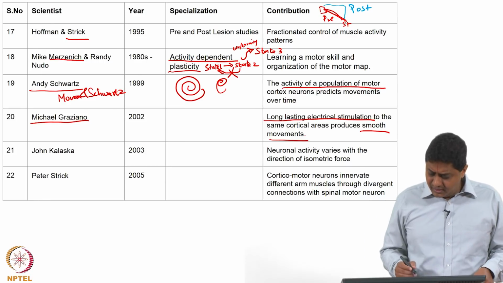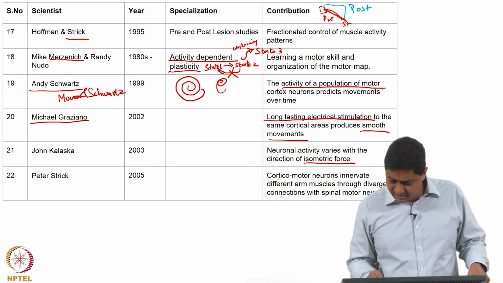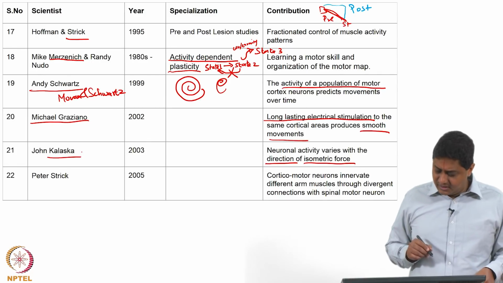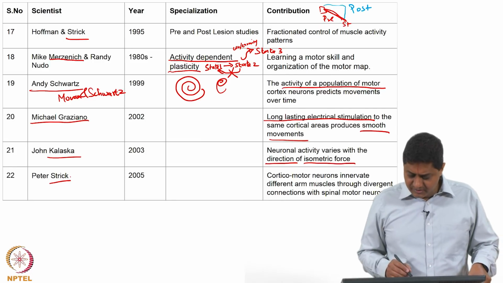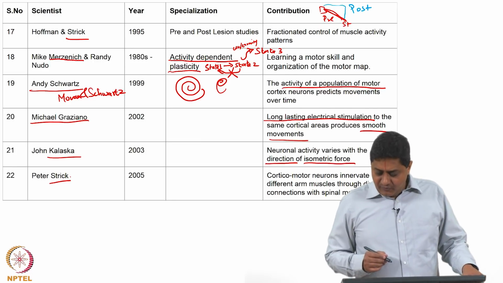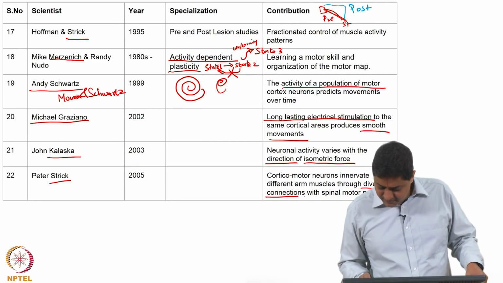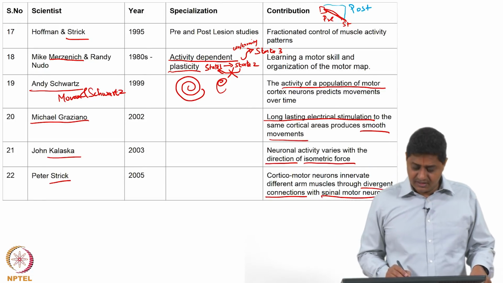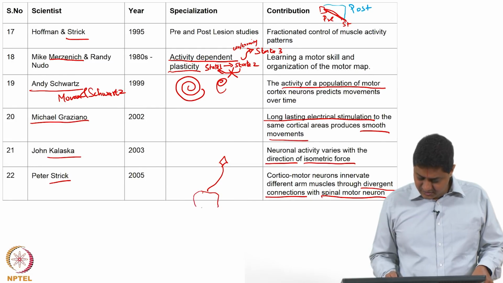And continuing along, what was also found was that neuronal activity depends on the direction of the force. This is Kalaska's work, and then Peter Strick's work, more contribution from Professor Strick. What he found was that there were divergent connections from corticomotor neurons to the spinal motor neurons. So, what this means is that, suppose there is a corticomotor neuron here, there is a